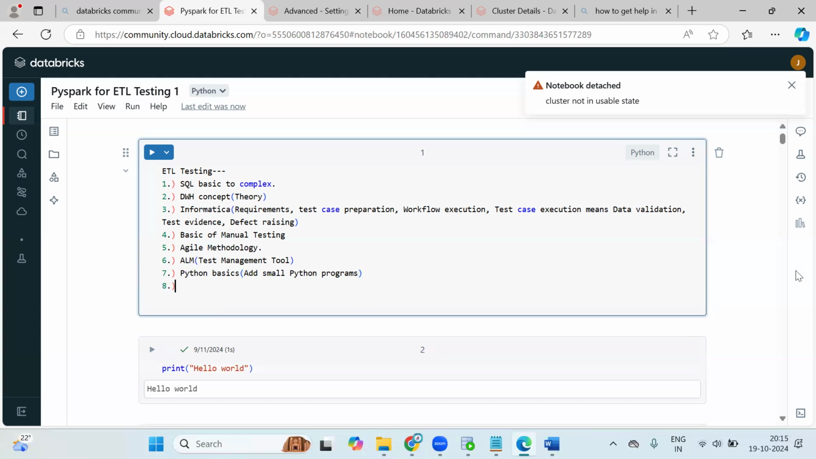But for ETL testing, we don't need an expert level of Python. Very basic level Python. You should be in a position to tell what is the difference between list and tuple, what is the difference between tuple and dictionary. Like that, they will ask you. Okay, so Python basics, and then your